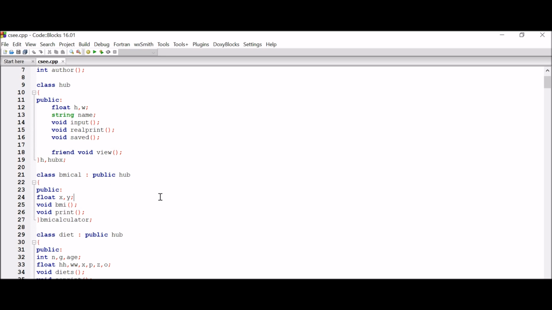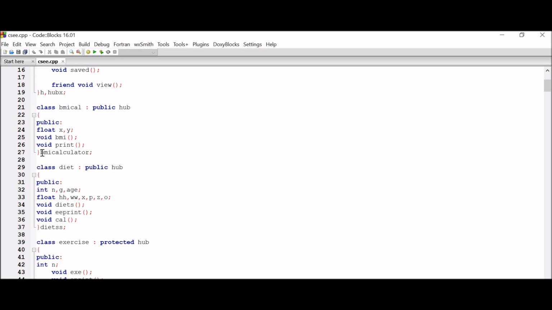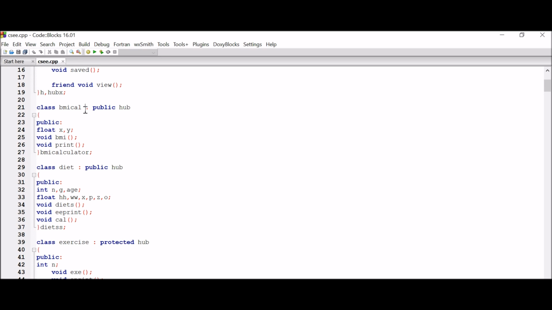There are two more functions in class BMI calculator: void BMI for calculating the BMI, and void print to save the record using file handling. I have created one object, BMI calculator, for this class BMI cal. Actually the name of the class is BMI calculator; I have abbreviated it as BMI CAL.